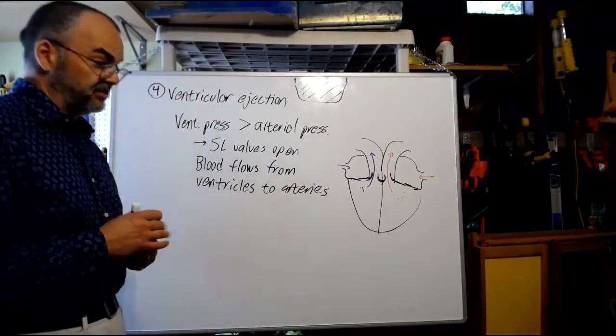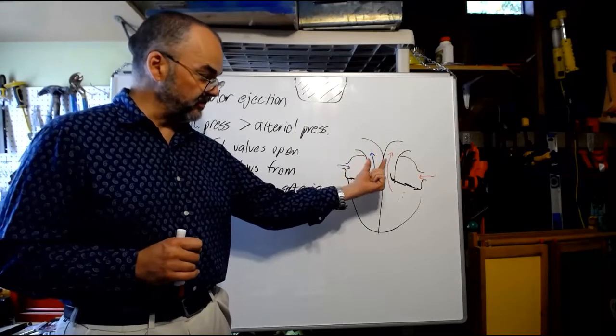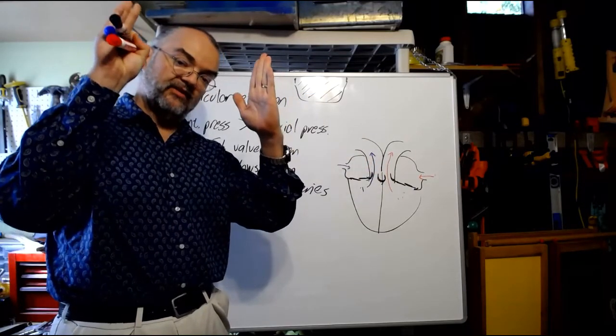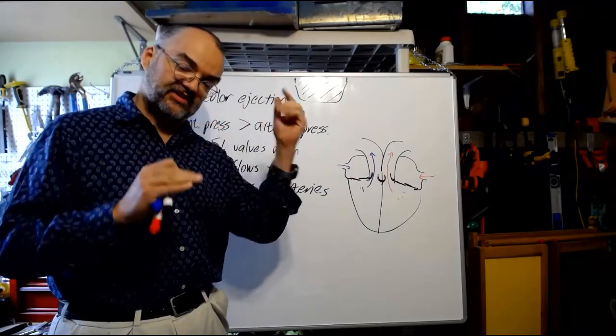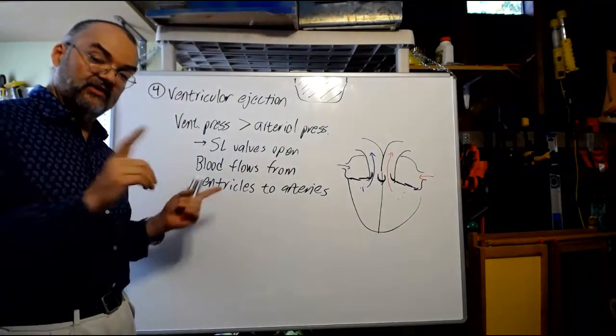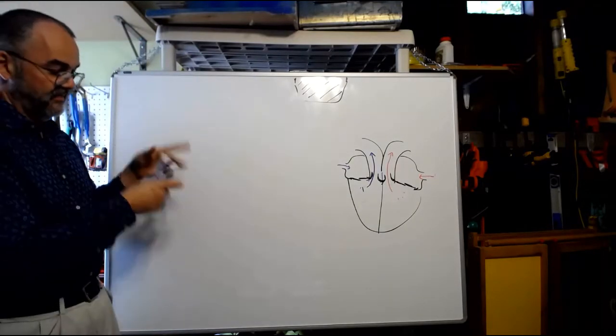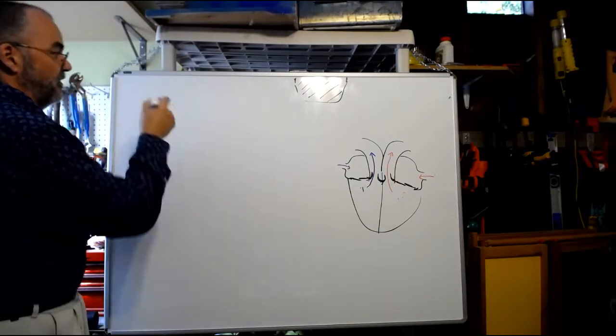When that happens, think about what will happen to these semilunar valves. As that blood tries to flow backward, those semilunar valves aren't going to allow it. They're going to swing shut and stop that backflow. As they shut, we're going to go into the next phase. So we're almost done. Erase. And we are now in